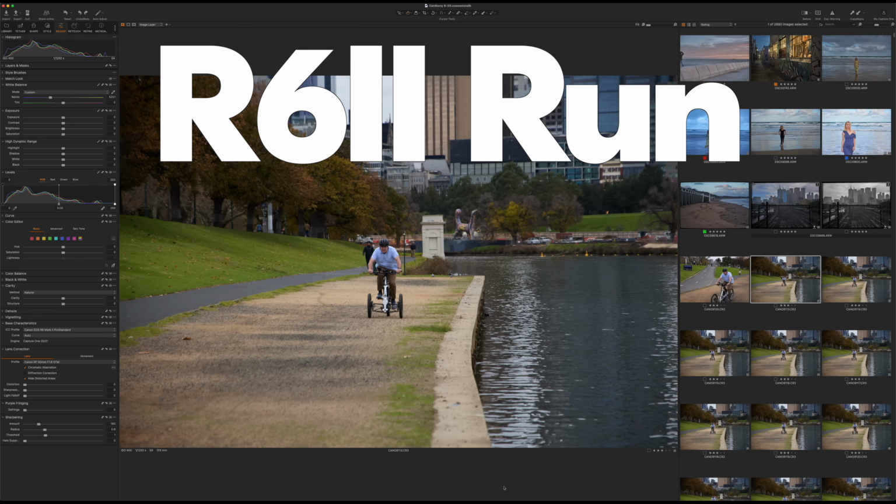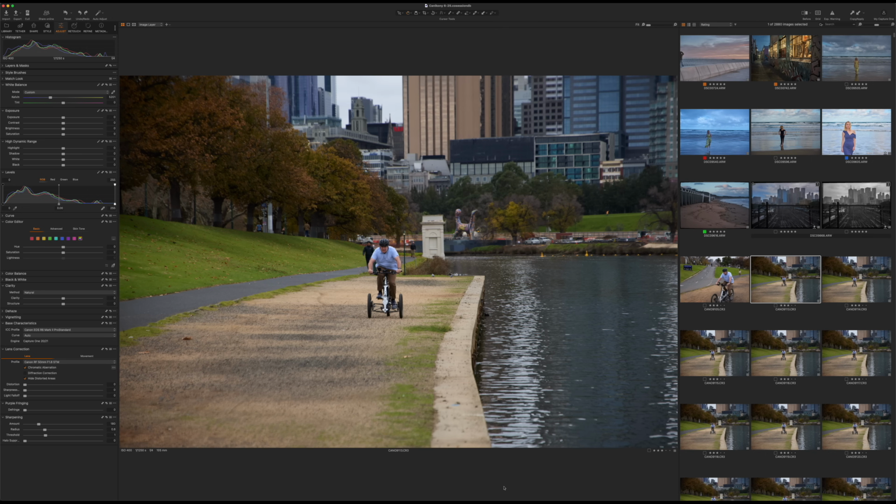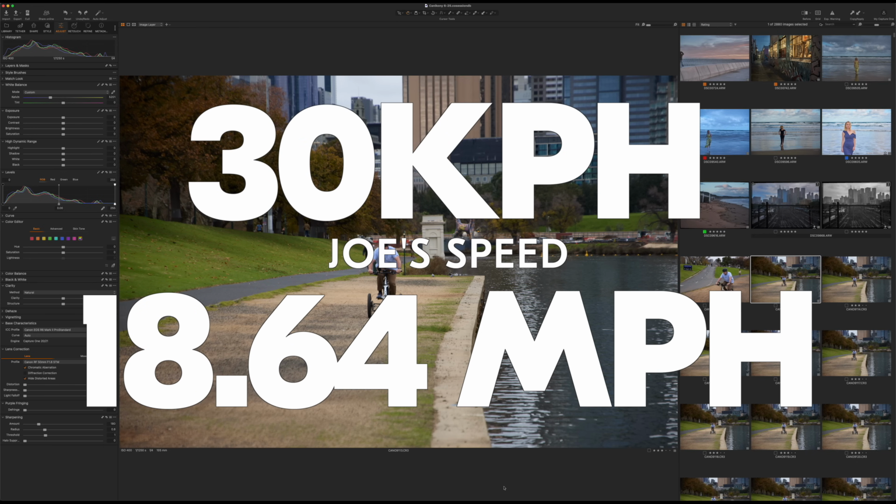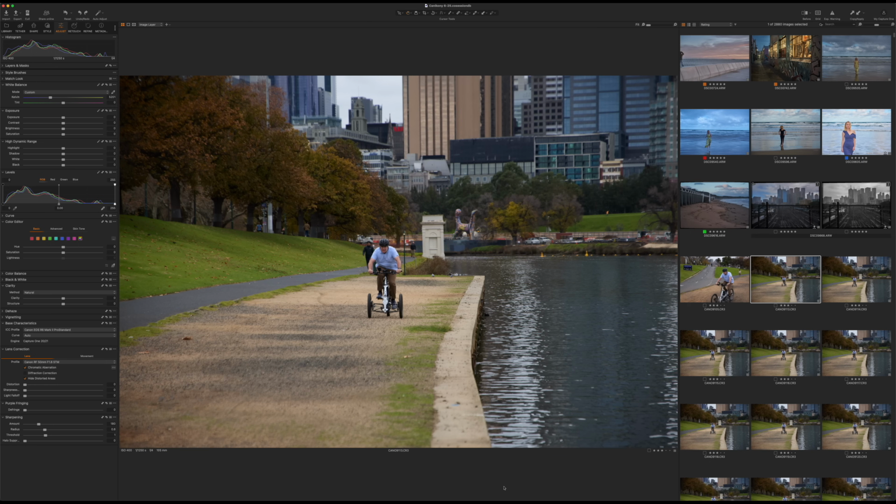Great job. This test is not for color and it's not for lens corrections or camera corrections. This is about autofocus, and part of autofocus is lens quality and sharpness. We can see relative difference within the lenses here in this test. What this test was: Joe riding at 30 kilometers per hour, pretty much directly at the camera, and I put all of them into their best AF tracking modes